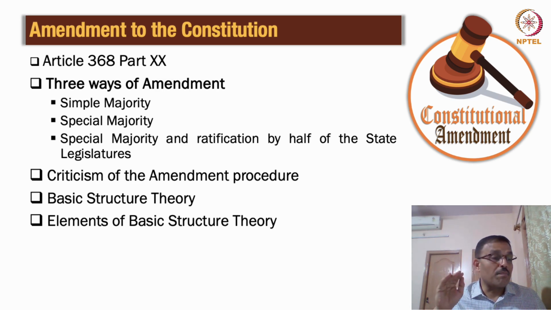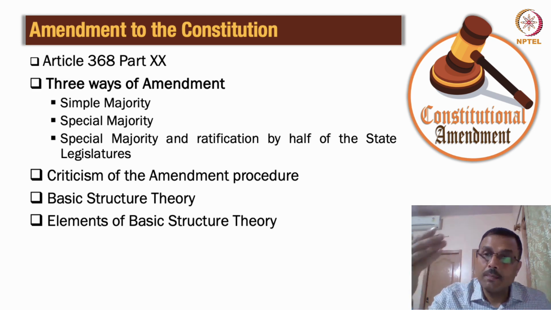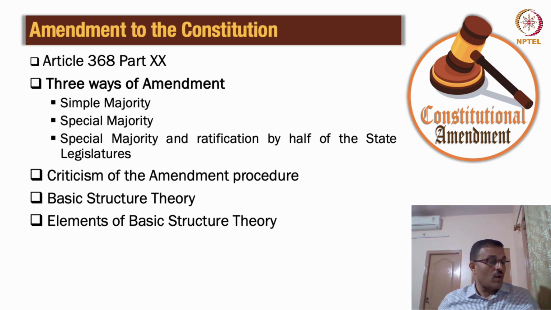Extent of the executive power of the union or the state, any changes in that. Supreme Court and High Court changes. Distribution of legislative powers between the union and the state, especially in terms of the seventh schedule of the constitution. Something like the Goods and Service Tax Council that was established. So anything as per the seventh schedule will be covered over here. Representation of states in the parliament, especially in the Rajya Sabha, and the amendment process itself in Article 368, all of these would require the consent of at least half of the states.